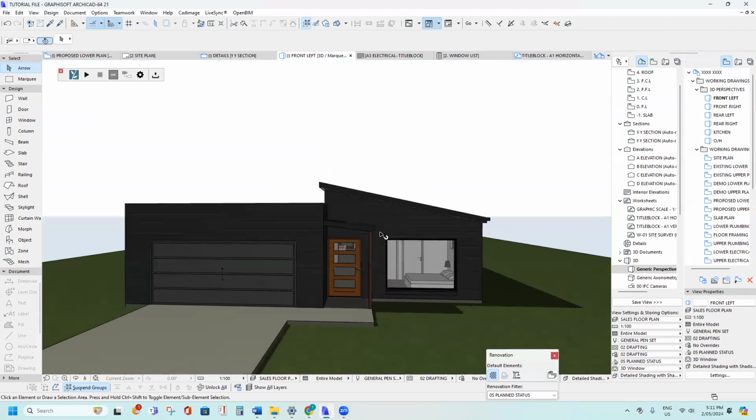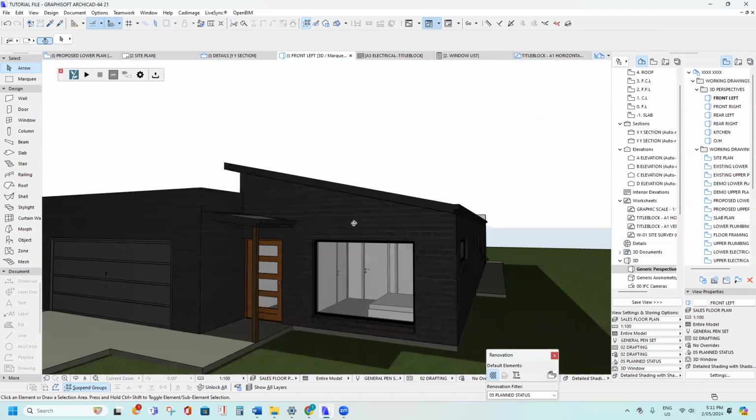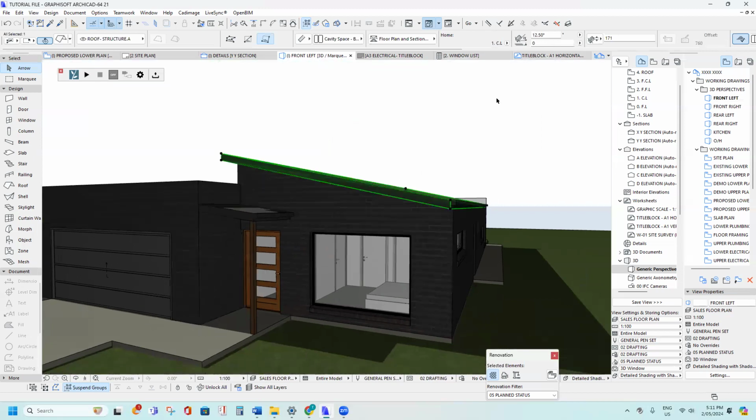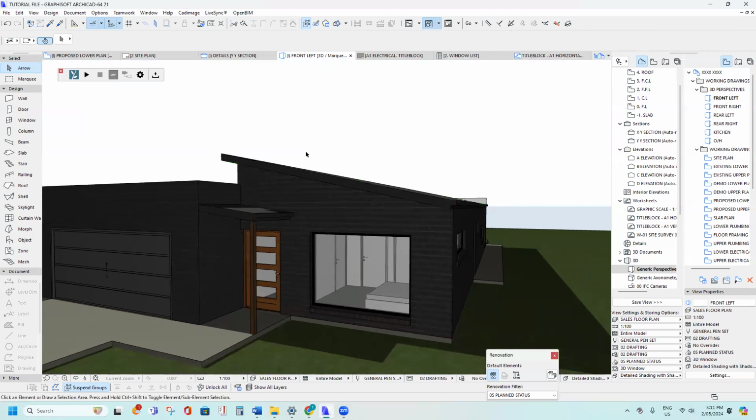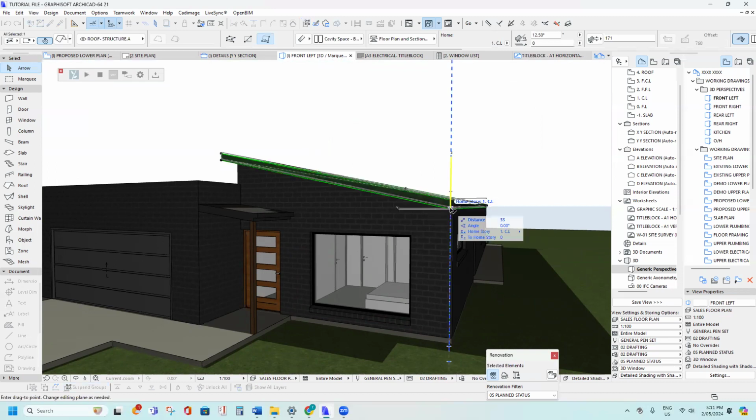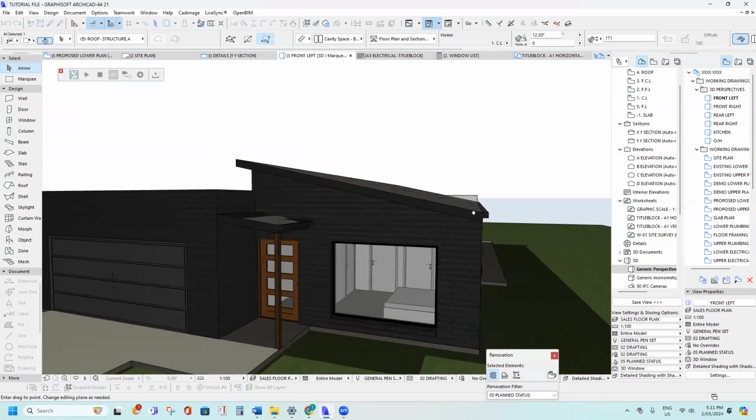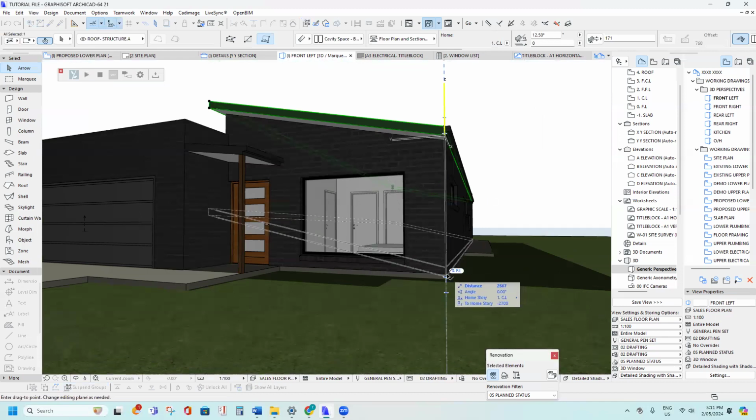Okay, now we're starting to get a bit of a different look and I think it looks better, but this roof needs to come down lower. There's no reason for it to be up so high. I'm going to click on it and grab the bottom of that roof, and I'm just going to check the height of the ceiling there by seeing where that tick is, and that's 2667, and we can make that 24,